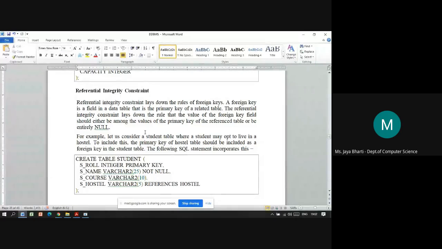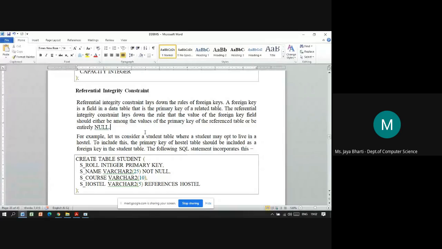And in the department table, we have DPT ID as a primary key, and in the employee table, DPT ID will behave as a foreign key. That way you can logically connect these two tables.